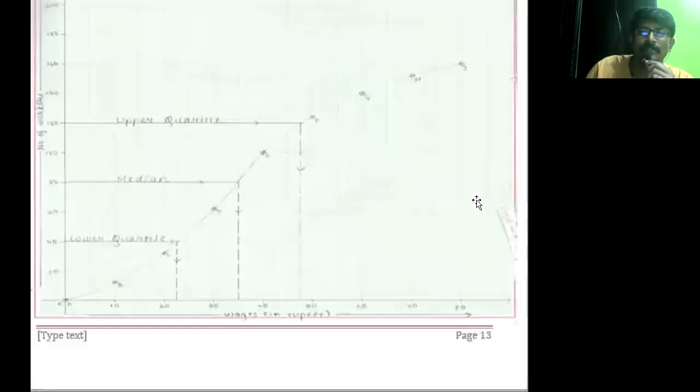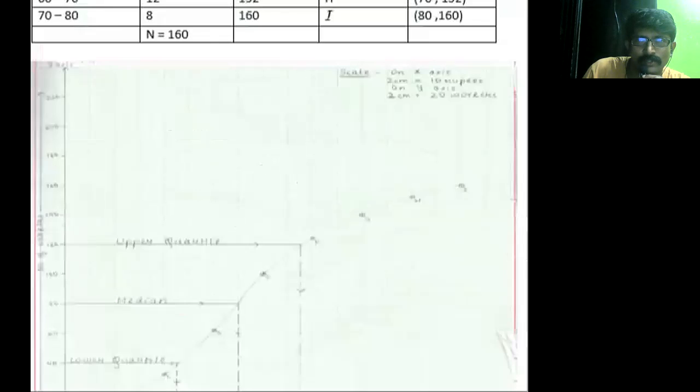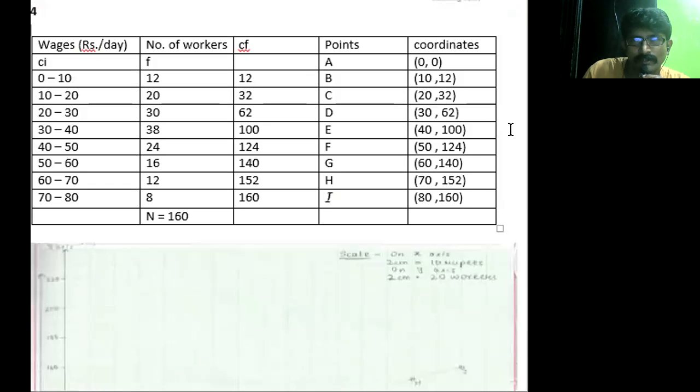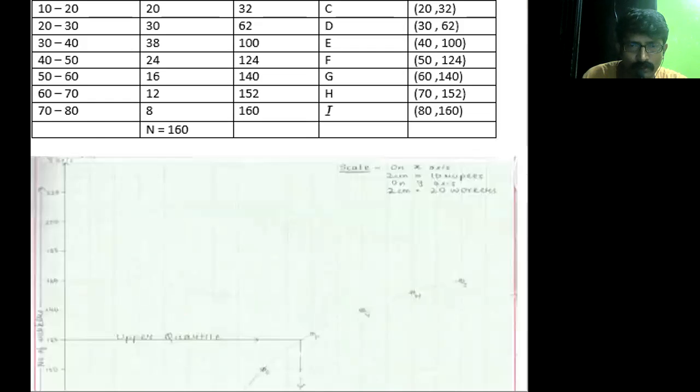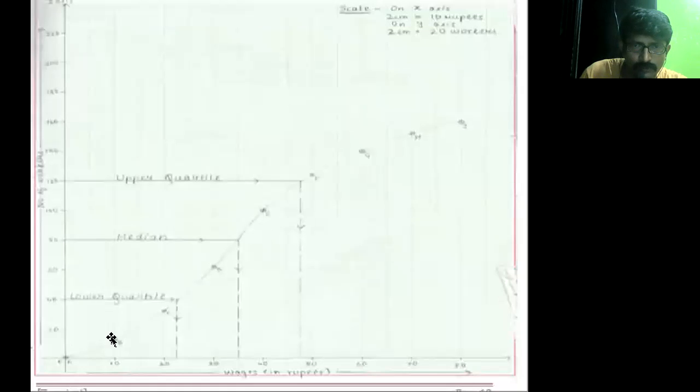Okay, so I hope you have started plotting it. 0,0, 10,12, 20, what was that? I guess it was 20, no, one second, let's check that. 20,32, 30,62. Plot them very carefully. As you plot these points, you're going to get something like this: 1, 2, 3, 4, 5, 6, 7, 8, 9 points. Then write here A B C D E F G H and I, and now it's time to join them